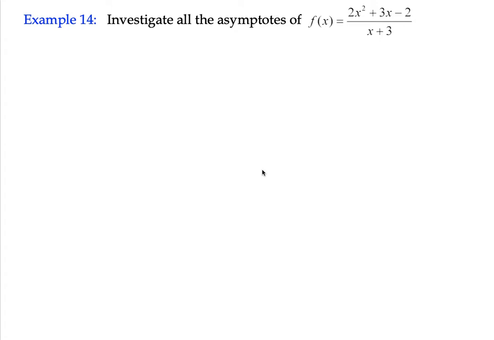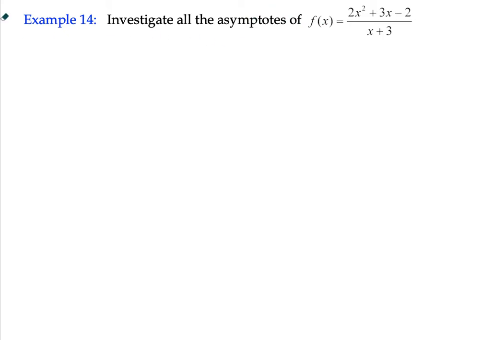Okay, welcome to example 14 in our functions and graphs topic. We're looking at the third type of non-vertical asymptote. So if you haven't watched example 12 and 13, please do so, because there's a journey that we're on. And this is the third type where the order of the numerator polynomial is greater than the order of the